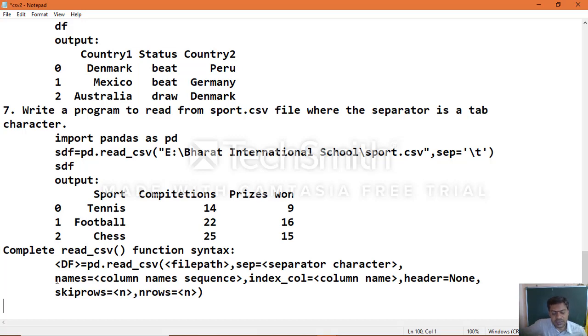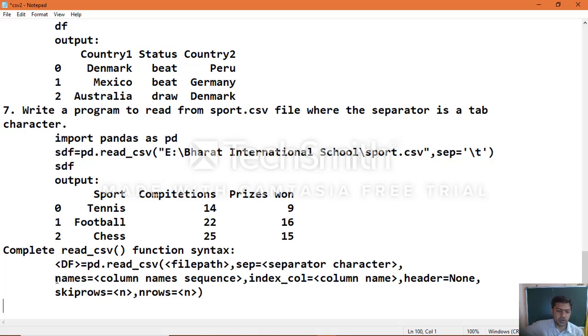By default the comma separator is used if you don't specify this argument. Separator character values can be like semicolon, pipe symbol, tab space, at the rate symbol. Different special characters can be used in your CSV file to separate the values. Another one is the names argument.